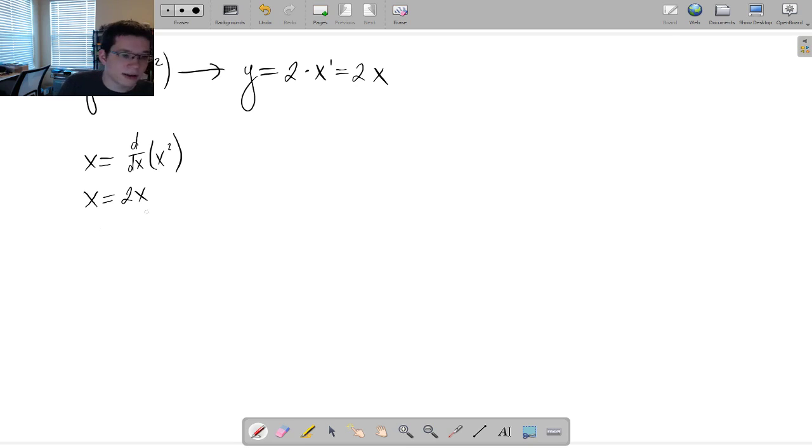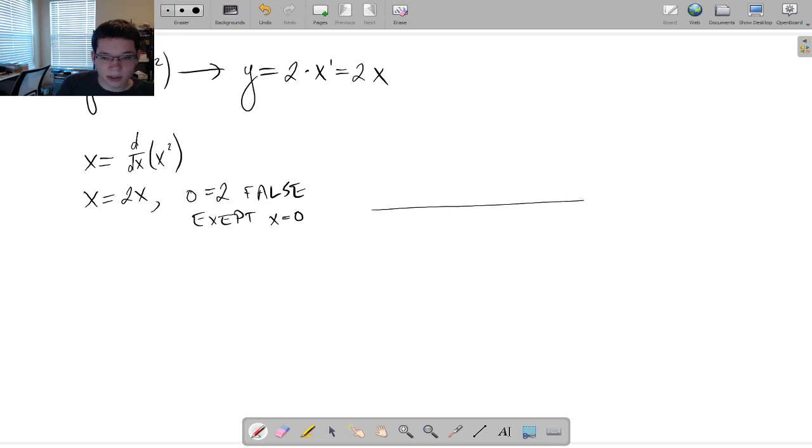And this actually doesn't ever work, because then we have 0 equals 2, which is false, except for when x equals 0. So this equation is false everywhere except at x equals 0,